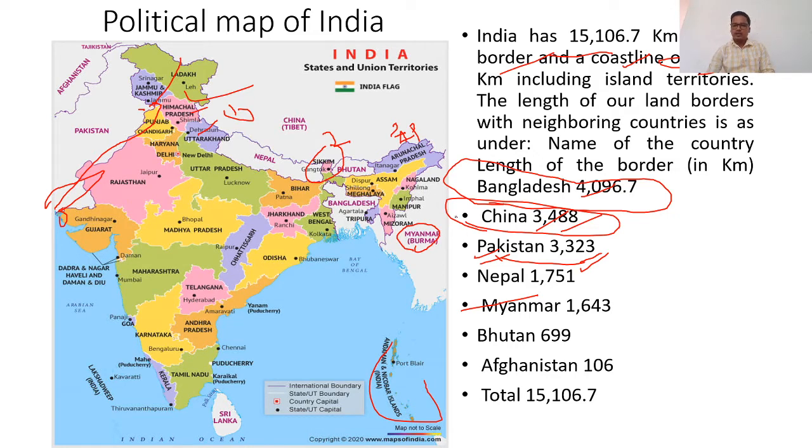My point is that the Kaladan river was also in the news, because people are crossing from Myanmar to India due to the political instability going on on the Burma or Myanmar side. Hence people are crossing the river into India because they know there is political stability here. That is why it was in the news. So Myanmar has a 1,643 kilometer border length with India.